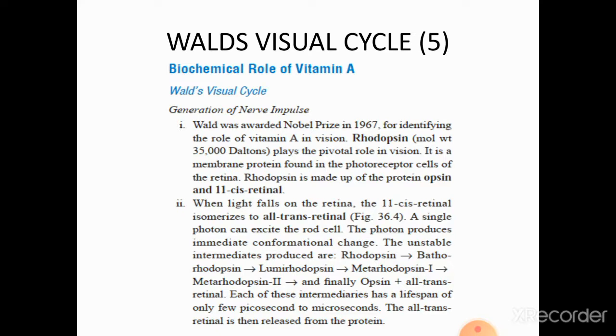Next is a 5-mark question on Wald's visual cycle. So with the help of a neat diagram, you can explain what the visual cycle is and how vitamin A is involved. Biochemical role of vitamin A, that is Wald's visual cycle, generation of nerve impulses,